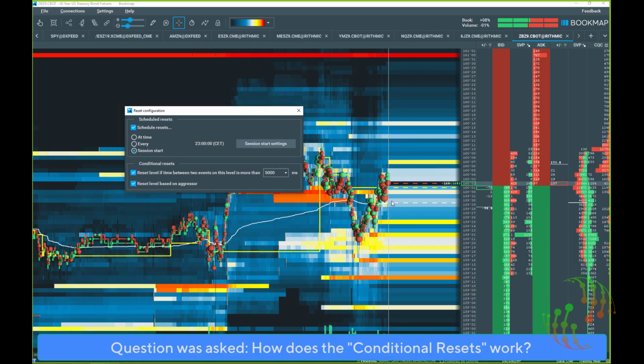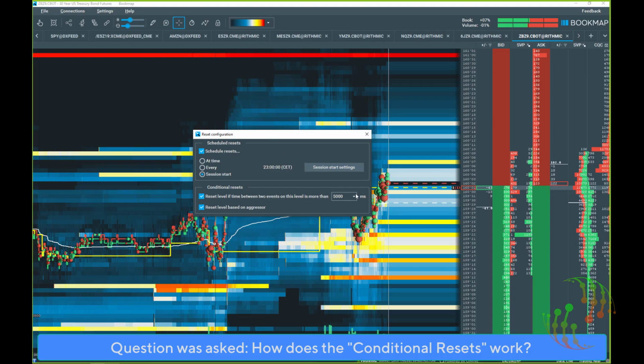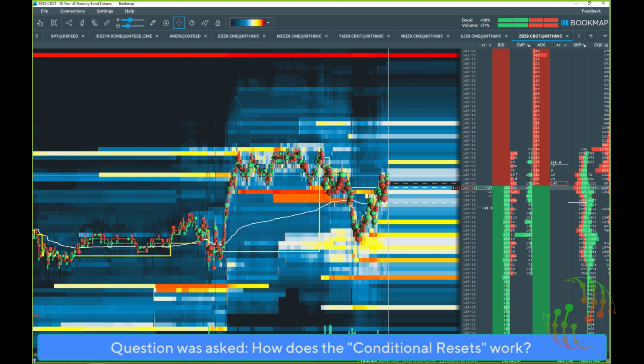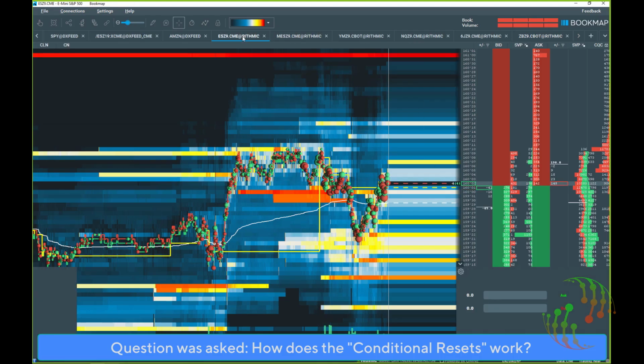Because the treasury here, the ZB, 30-year bond, takes a lot of time, because they are moving one fraction up or down, I think it would make sense to define 5,000 milliseconds. In this case I haven't tested it, I'm not sure, but I think you have more time and a more accurate indication of what is really traded during this time here. So this is one point I would set with the treasuries